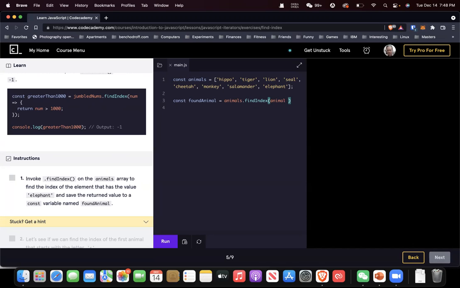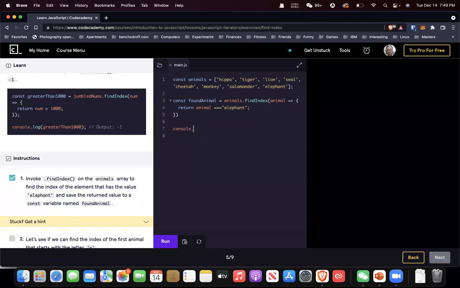And we want to then define some way that we're finding it. So we could say this is the function to go and use. I want to return if the animal equals elephant. So you can certainly just look directly to say, does the thing that I'm currently looking at equal an elephant? If so, great. And now it's done. In this case, if we console.log foundAnimal